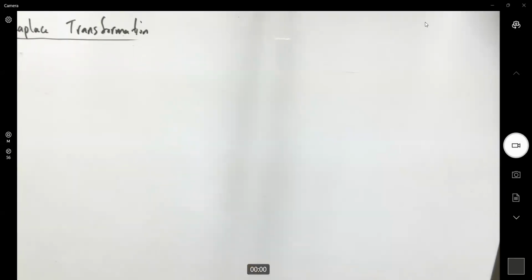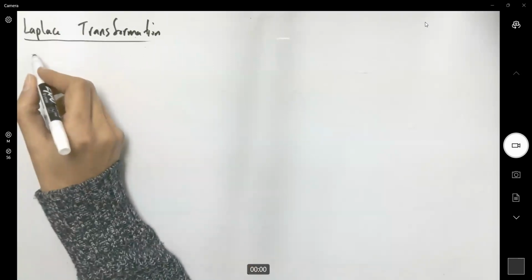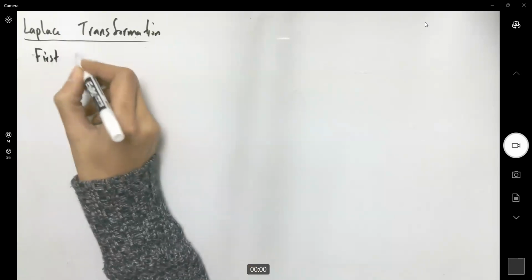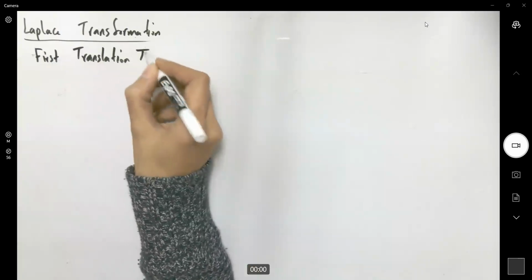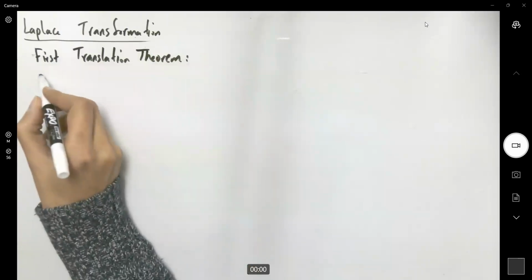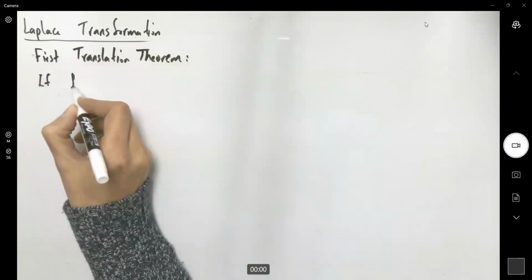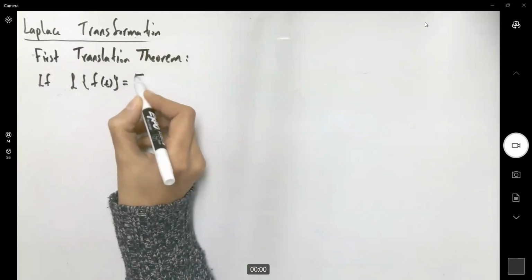So when it comes to Laplace transformation, we have some theorems. The first theorem is the first translation theorem. This theorem says, well, if you know the Laplace of a function like f of t is equal to